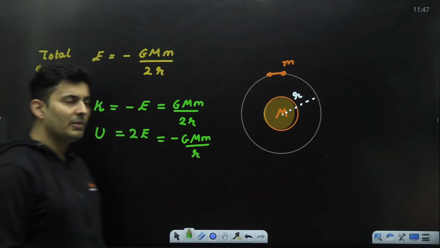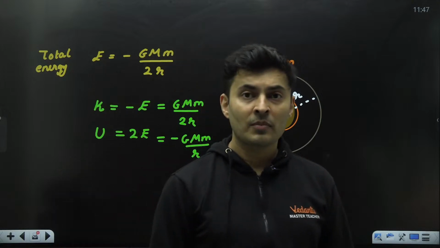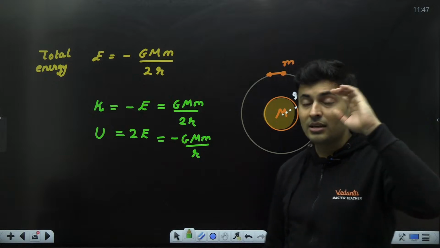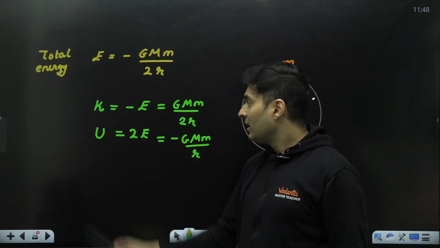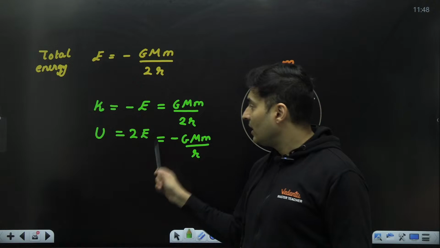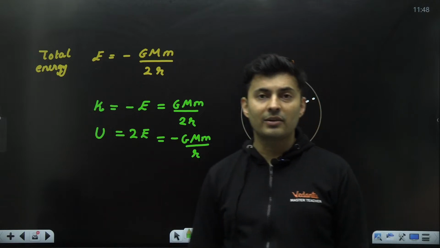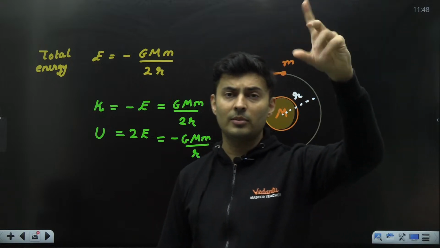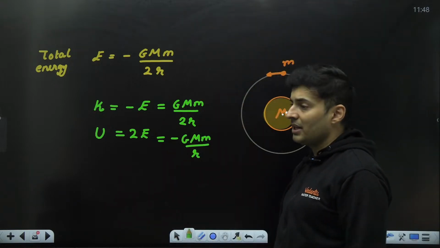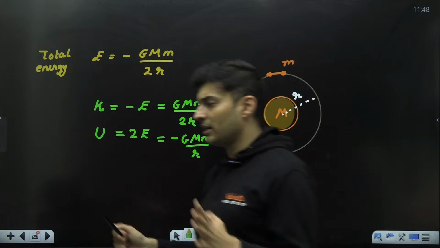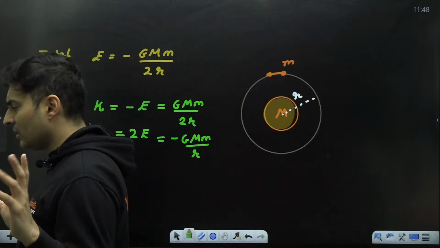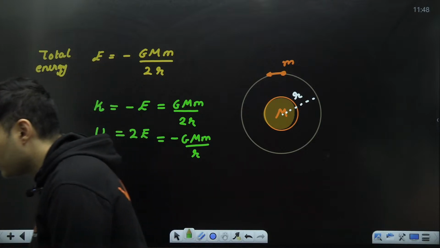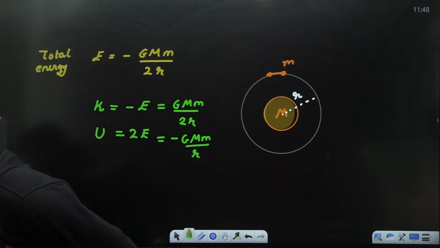These are very similar to Bohr's model of atoms, where the electron's kinetic energy is the negative of the total energy, which is minus 13.6, and the potential energy is double of that total energy of that electron. This 13.6 electron volt, remember the Bohr's radius, first orbit. Yeah, so the same formulas are applicable even in electrostatics and even in gravitation. Just the things are changing a little bit in terms of variables. Is that okay? All right.